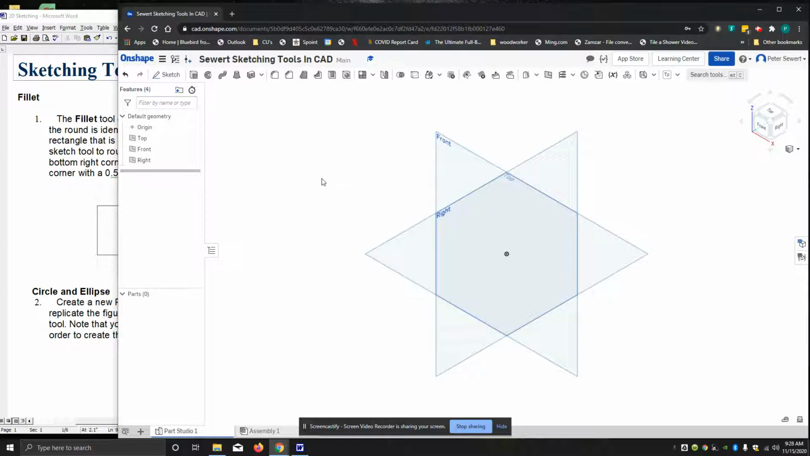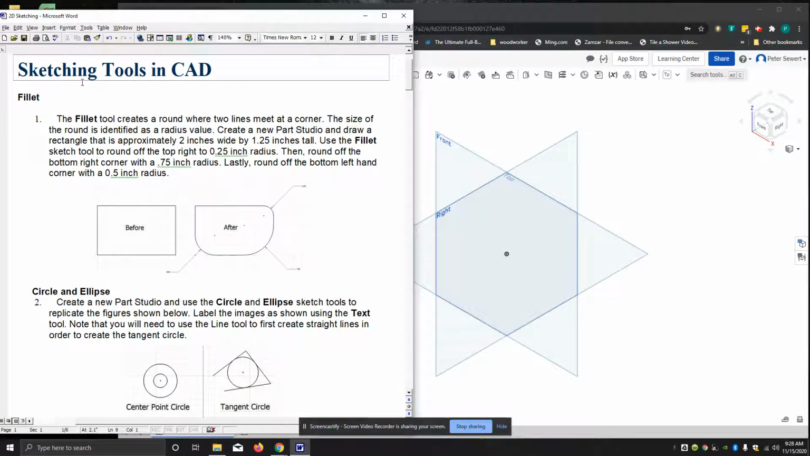So I've done two things here. One, I've opened up my Seward sketching tools in CAD part document. So you should open yours up. Yours will have your last name and then sketching tools in CAD. And then I've also opened up our Word document here. This is called Sketching Tools in CAD. And this is going to tell us the information about all of these different sketching tools that we're going to talk about